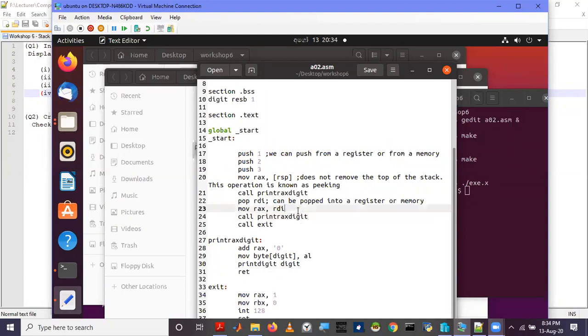We are not going to display what we popped. We should display what is now at the top of the stack. So again, not RDI. We should look at the current top of the stack using the stack pointer.